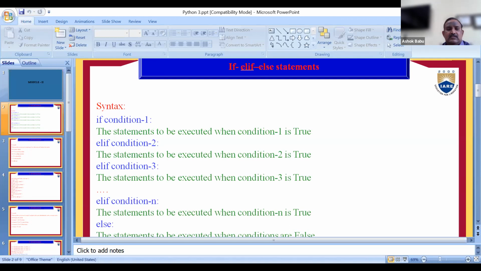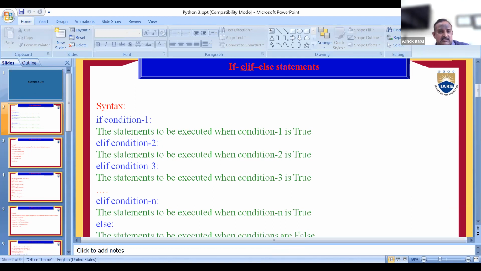If the age is between 16 to 24, we need to print that it is a college student. If the age is between 4 to 15, we need to print school kid. If the age is between 1 to 3, we need to print playing kid. If any other number, we need to print invalid age.